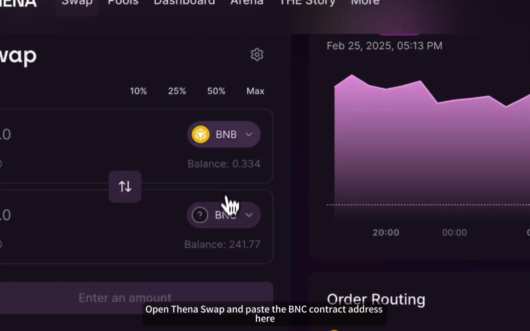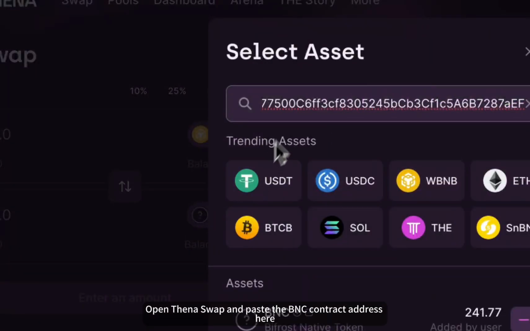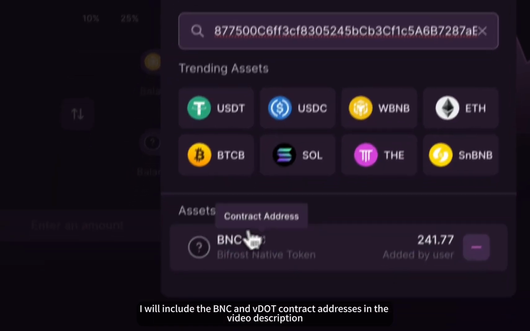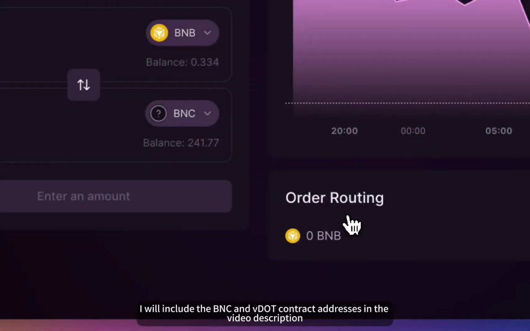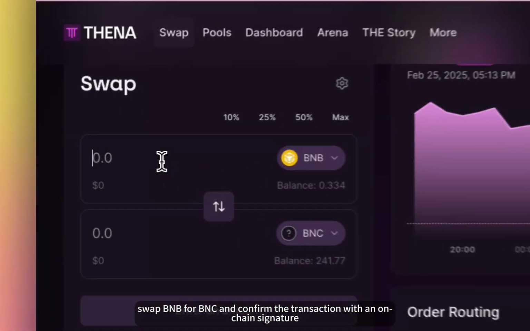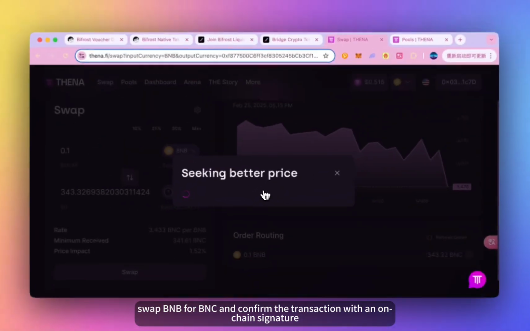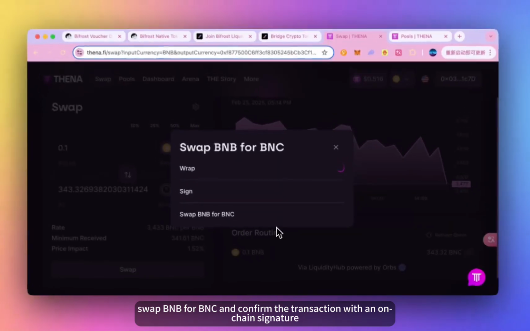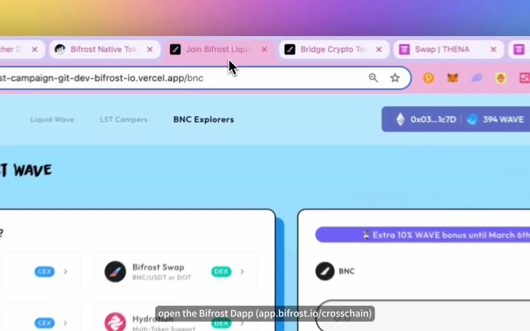Open Thena Swap and paste the BNC contract address here. I will include the BNC and VDOT contract addresses in the video description. Next, swap BNB for BNC and confirm the transaction with an on-chain signature. Afterward, open the Bifrost app,